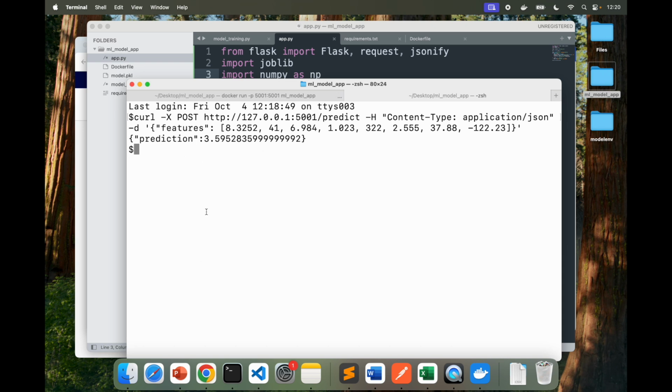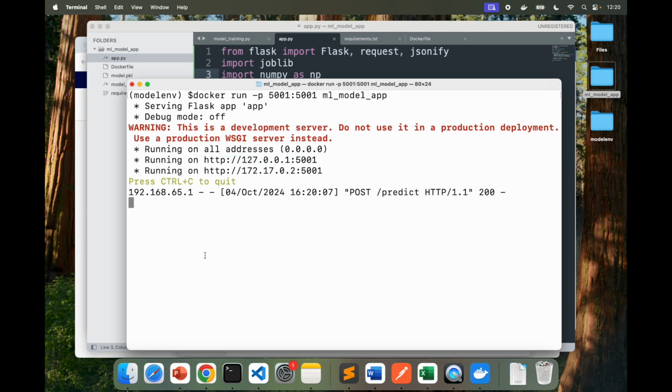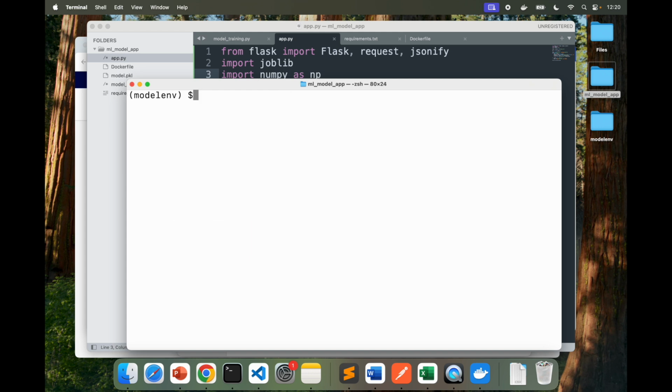So this kind of completes our first part, which is setting up the Docker. The next thing that we want to do is set up Kubernetes so we can deploy our model that we've created. So I am going to clear this out. I don't need this anymore. I'm going to close the server. As you can see, the server that ran also said that there was a request made at this particular date at this particular time, and this was the API call that was made. I'm going to switch this off by saying Control C, clear, and that kind of takes care of that.